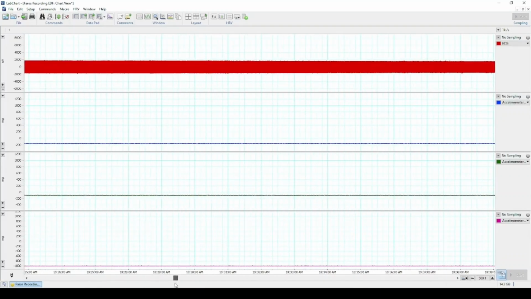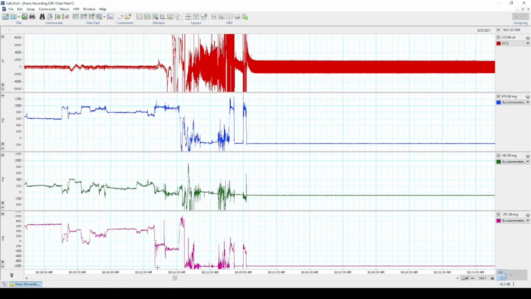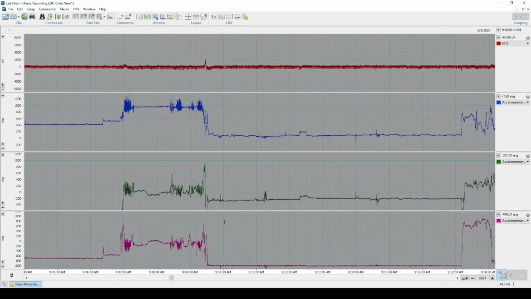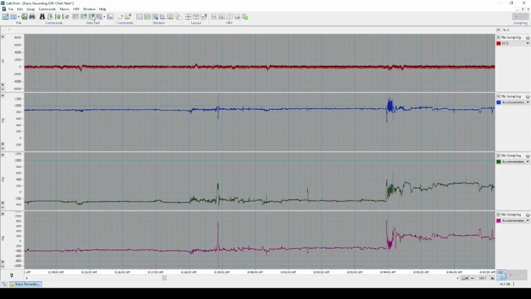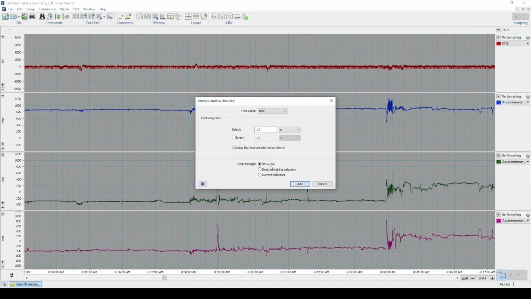So I'm going to go to the end of the recording where I see that the recording ends, and I'm going to hold down Shift and click. That highlights everything in between the two places I clicked. So now I can go to Multiple Add to Datapad, and this time, instead of stepping through the whole file, I'll be using the current selection. And instead of analyzing every second, we want to be analyzing every minute. And I always allow the final selection to be shorter. Now I'm going to select Add,